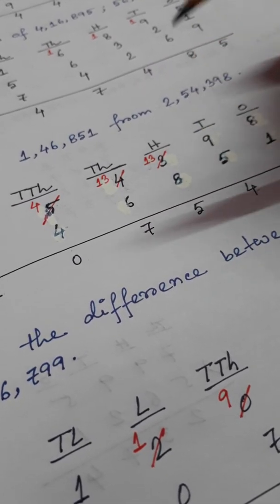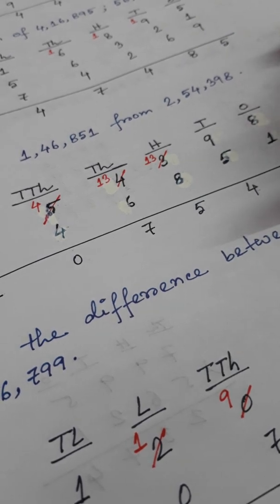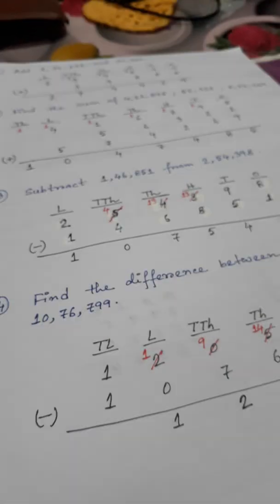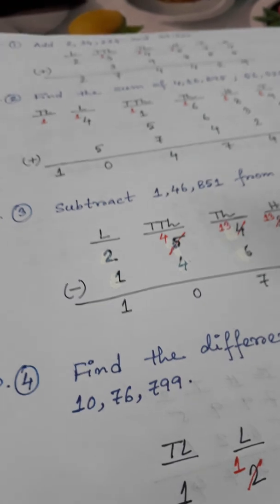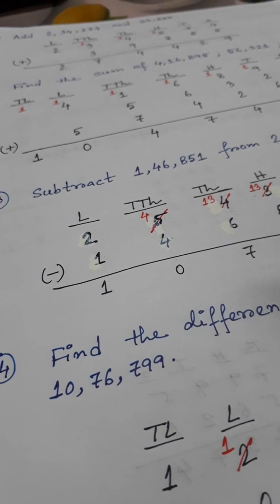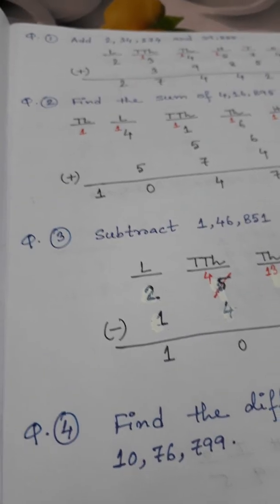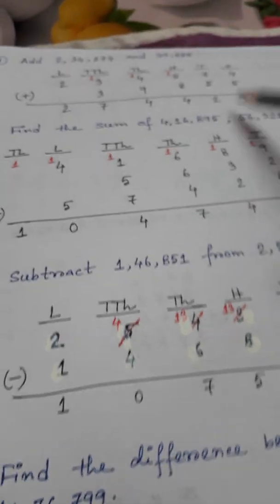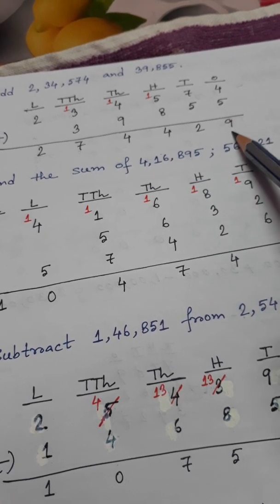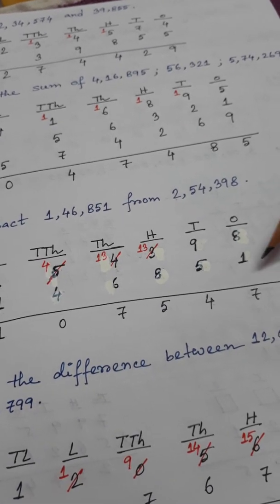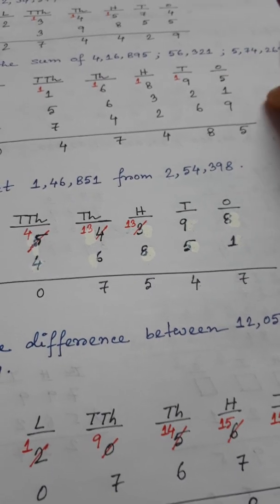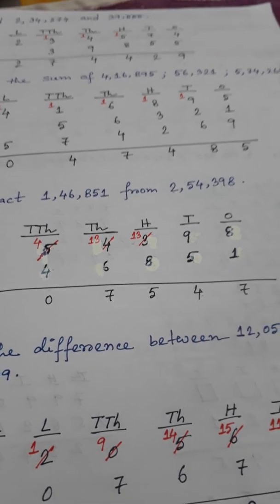You have to write the numbers in the place value chart and start adding or subtracting from the ones place. Those things you remember. And one thing I told you: when you do addition or subtraction, you have to remember the terms. Augend plus addend equals sum. Here you see in the addition problem, the first number is the augend, the second number is the addend, and this result is the sum. And minuend minus subtrahend equals difference.